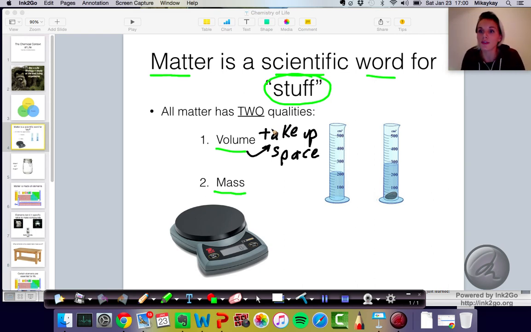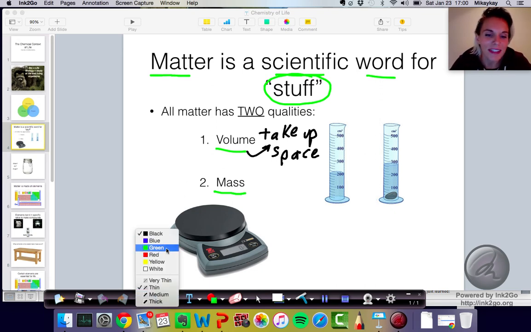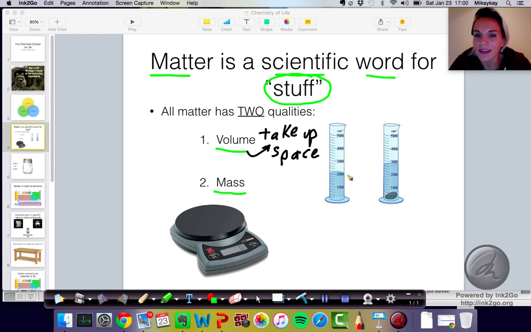And we can measure volume. You can measure volume by calculating it, essentially, or you can measure it. One simple way to measure it is using water, if you have something that will sink. So here on our slide, I copy and pasted a picture. This is a graduated cylinder, and it has 200 milliliters of water in it, right?